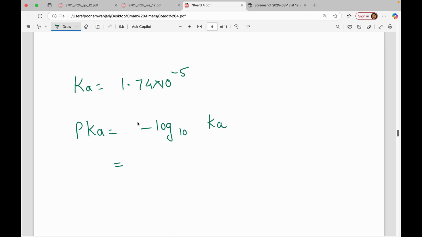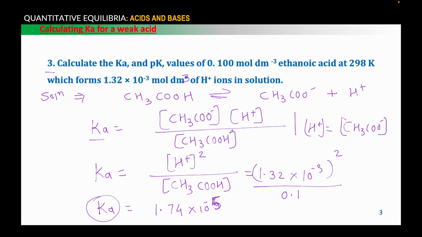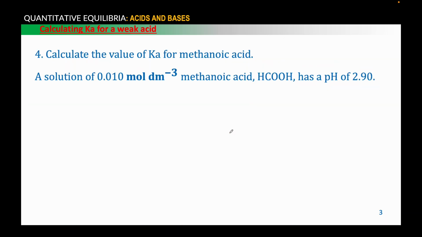So here, students, negative log to the base 10 of 1.74 into 10 to the power minus 5 is equal to, you can calculate, you will get the value 4.76. So pKa is equal to 4.76. So in this simple way you can calculate Ka and pKa. Now